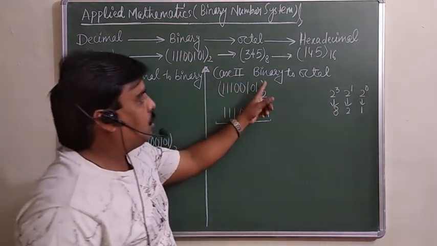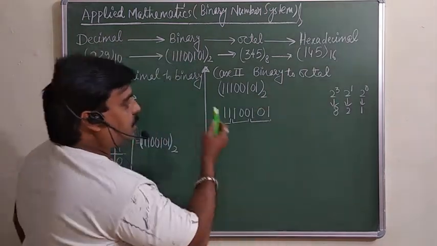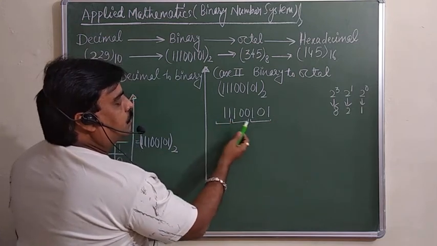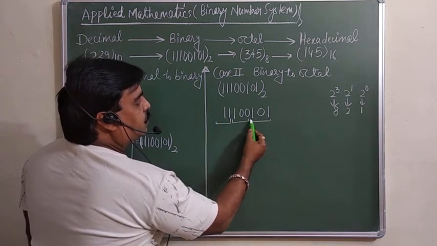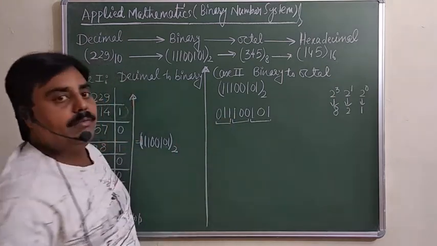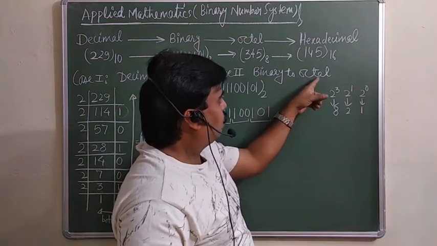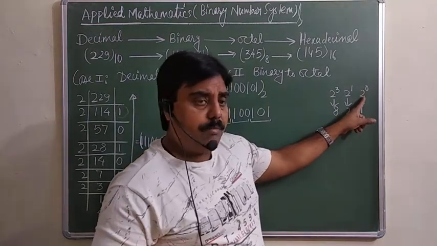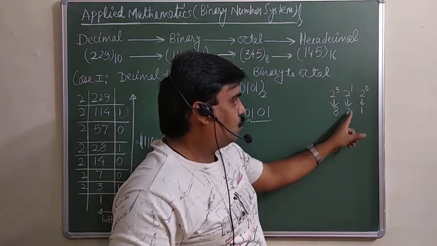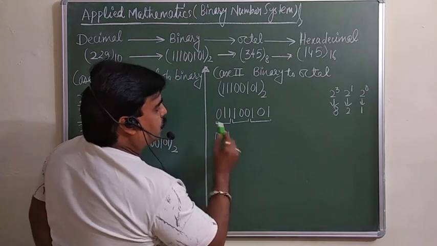Now the question is, how can you change the binary into the octal? One of the simplest ways to change into octal is that you write this number and make groups of 3 digits. Look, the first 3, these 3. But here there are only 2 digits, so you can put a 0 for convenience. Now for the change into octal, you must take 3 numbers only: 2 raised to power 0, 2 raised to power 1, 2 raised to power 3. This is 8, this is 2 and 1. Now here for this you have to write 0, 1, 1, 1. First for this one only.